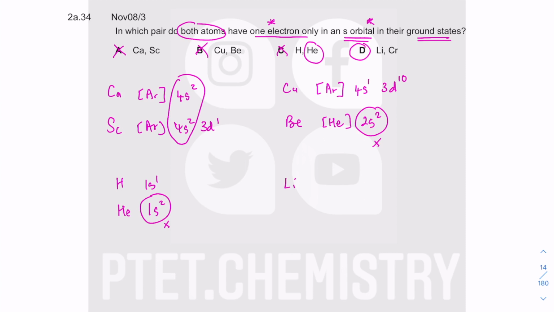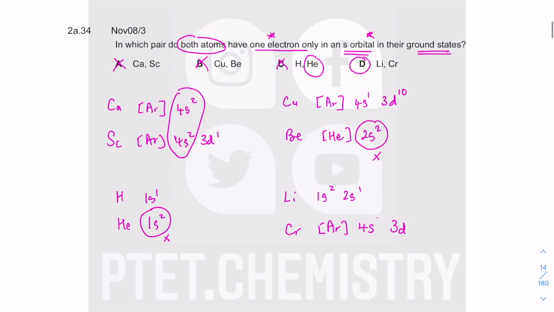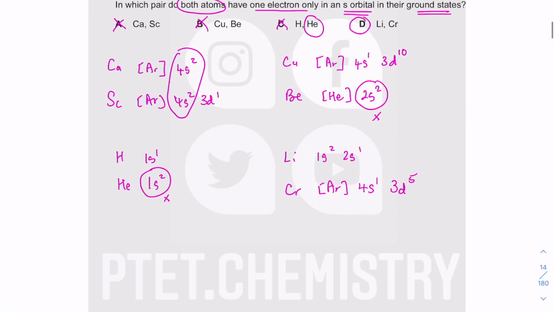and that makes sense because lithium is just 1s2 2s1, being a group 1 metal, and chromium, just like copper, is another strange one. It is not going to be 4s2 3d4. For the same reason, the paired electrons in the 4s orbital repel more compared with the unpaired electrons when I fill in the 3d, which will give me 3d5 4s1 as the most stable ground state electronic configuration